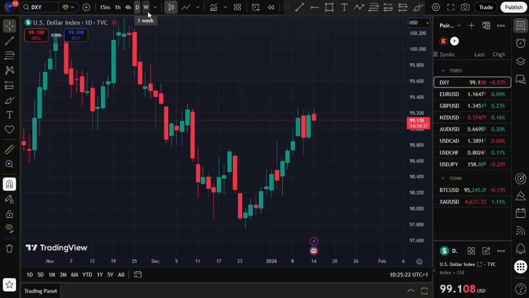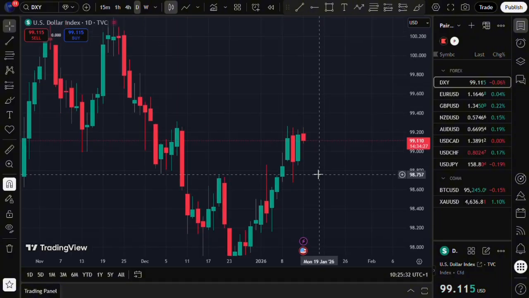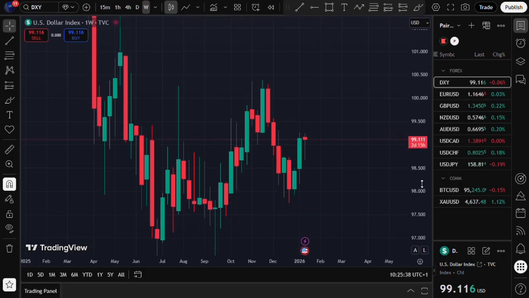But during high liquidity windows, price becomes intentional. It is going to move in the direction it is supposed to move. The moves are going to be cleaner, the directions are going to be clearer, and the inefficiencies will get filled and corrected, and price will move in a more orderly manner.